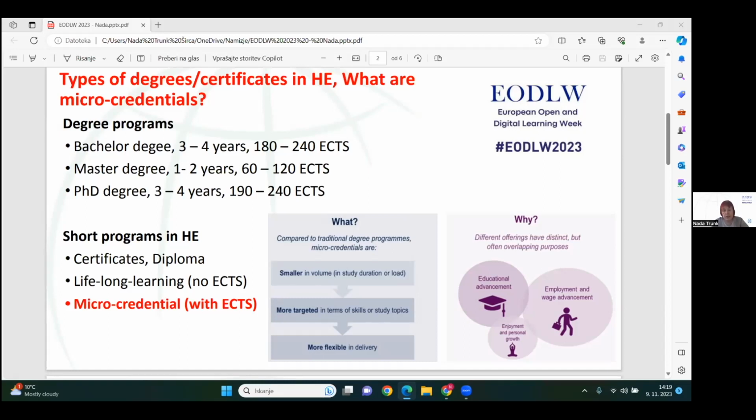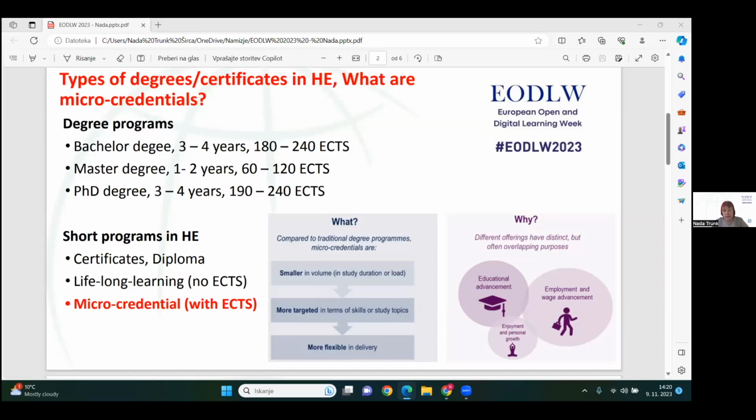In the last two years, especially from March 2022, when the European Commission adopted the main document, we are talking about the micro-credential. So this means a short unit of knowledge which can bring the ECTS. And these micro-credentials are very important, especially if we look at the knowledge area from the point of view of the labor market, because knowledge is going on.